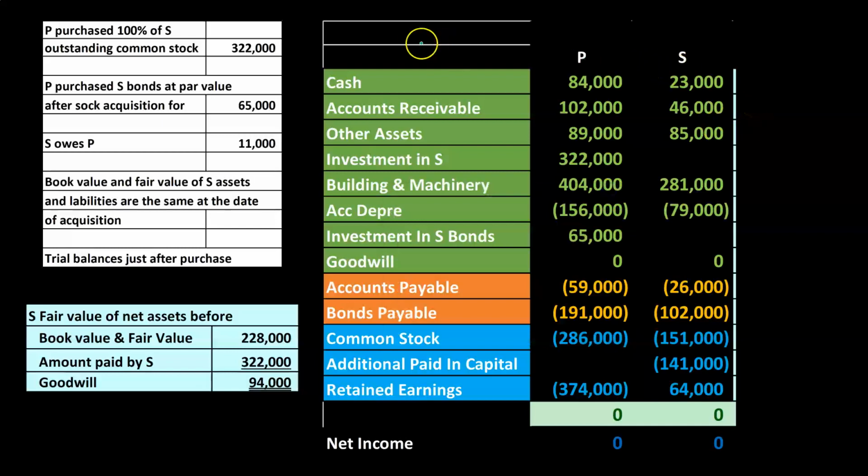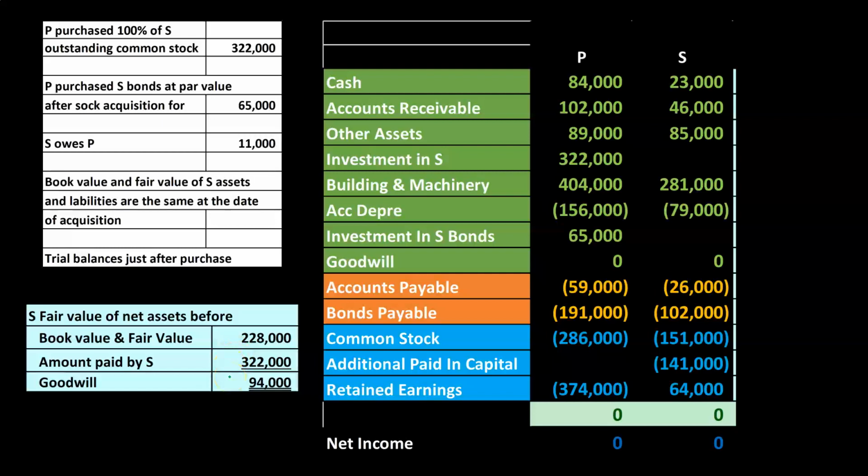Then if we compare the purchase price up here, we'll say, why didn't we purchase it for the same value as the book value if the book value is the same as the fair value? In other words, the question that should come to mind is, if I fair valued all the assets minus the liabilities, how is it possible that the purchase price wasn't for that amount? Why? Because there's something not on the books that is intangible. Intangible asset, we're calling that, of course, goodwill, something like the brand name. So here's the book value and the fair value. Then compare that to the purchase price, the $322,000. That means we have goodwill.